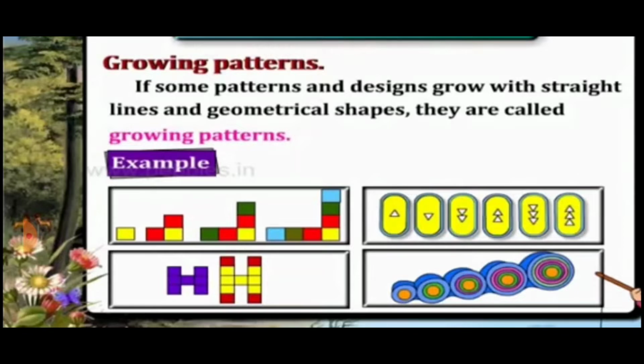Next, you have some triangles. Yes, one straight triangle, one inverted triangle, then you have two triangles facing upward and downward, then three. Similarly, the letter H that is formed with the help of boxes. You can see the number of boxes increasing. You have circles. The number of circles also increase as they form a pattern. So children, this is a growing pattern or increasing pattern.